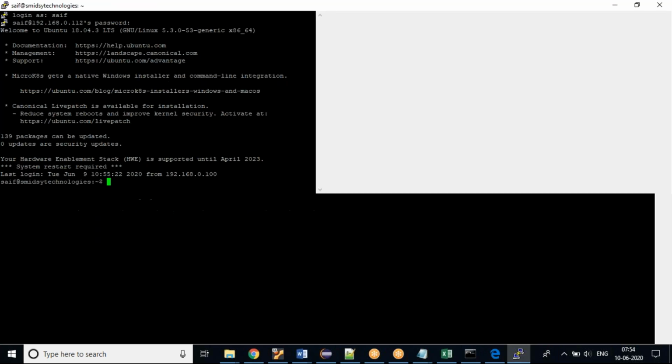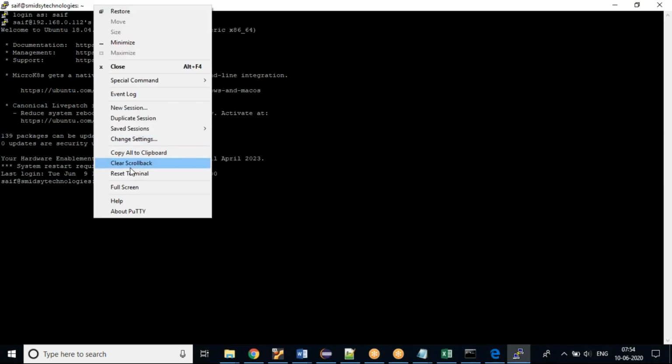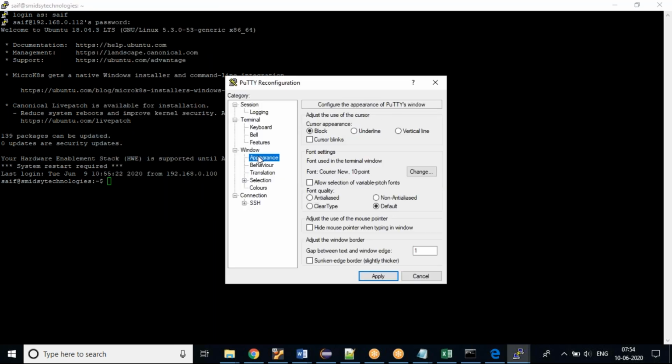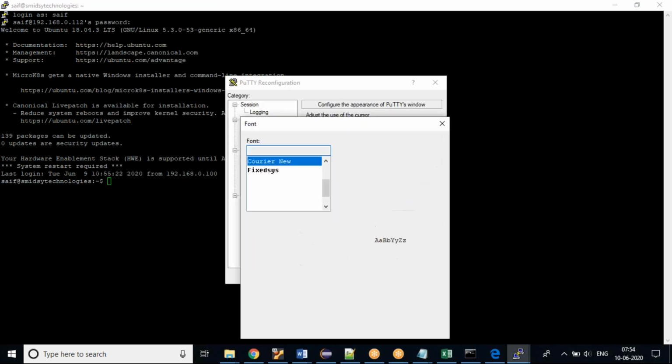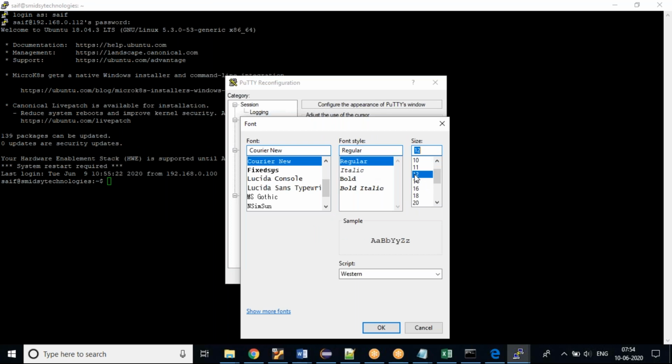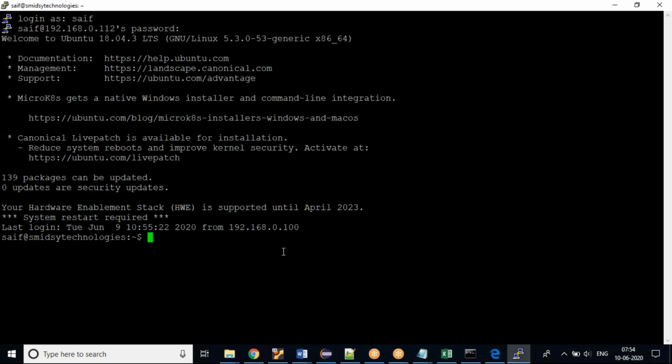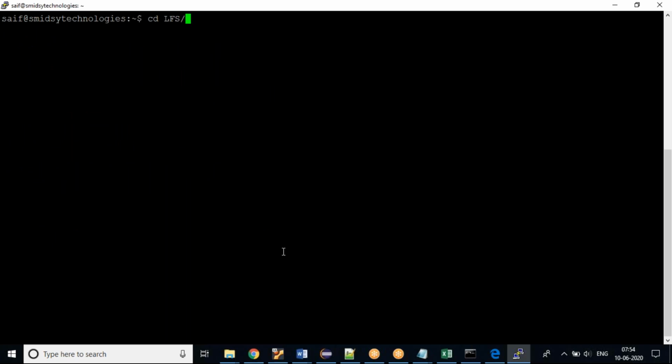I've given the credentials, and let me increase the font size so that you can see it. Now I'll change to my local file system, and I have my file.